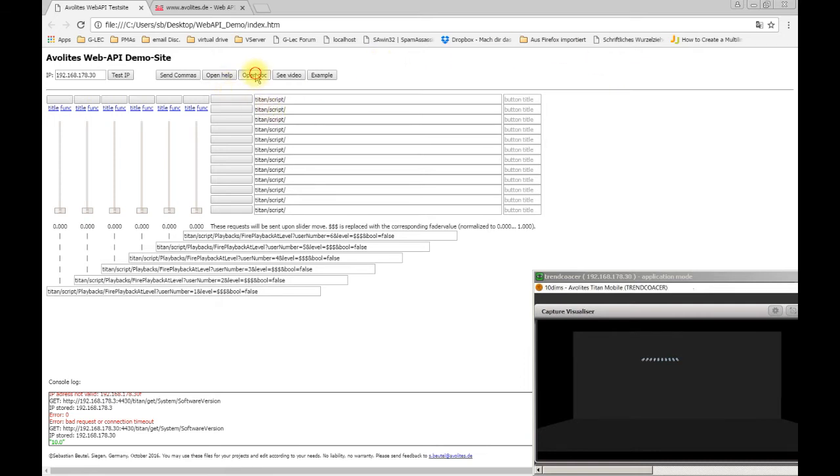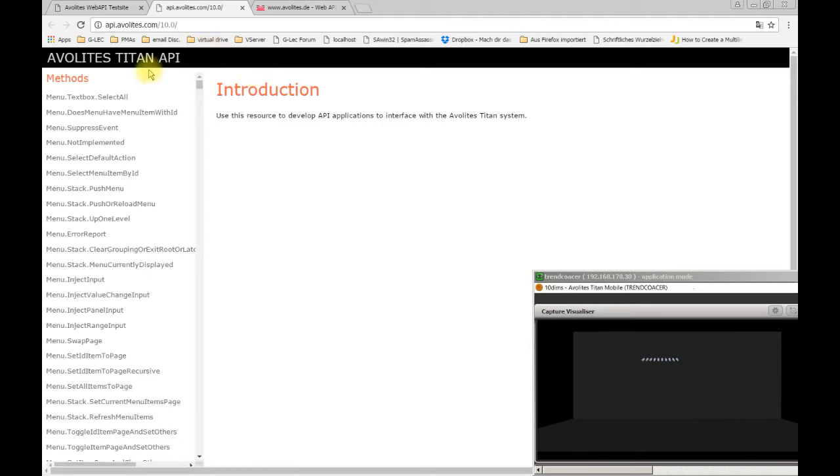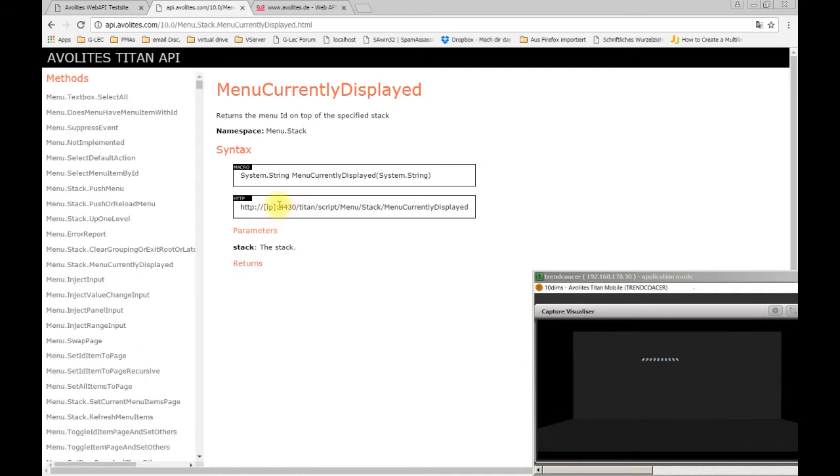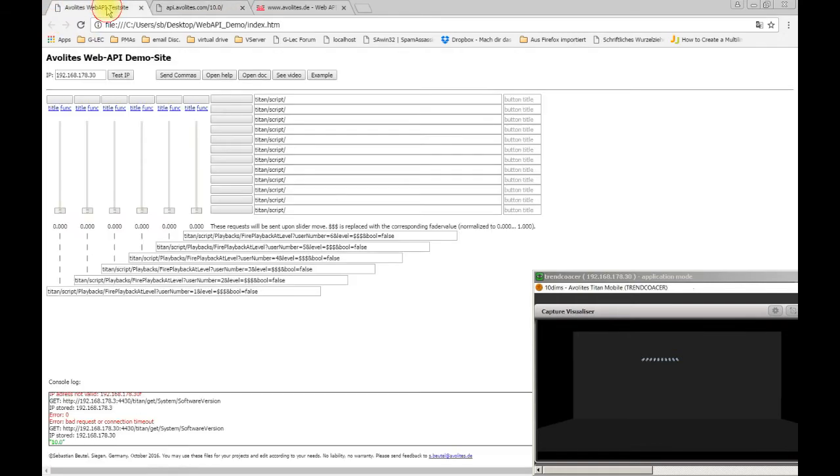Then we have Open Doc. This is the Avolites Titan API documentation where you can find all the commands, whichever. Everything is explained here, so you could really copy it from here and paste it in our tool. Then we have C video. This is the fabulous video of